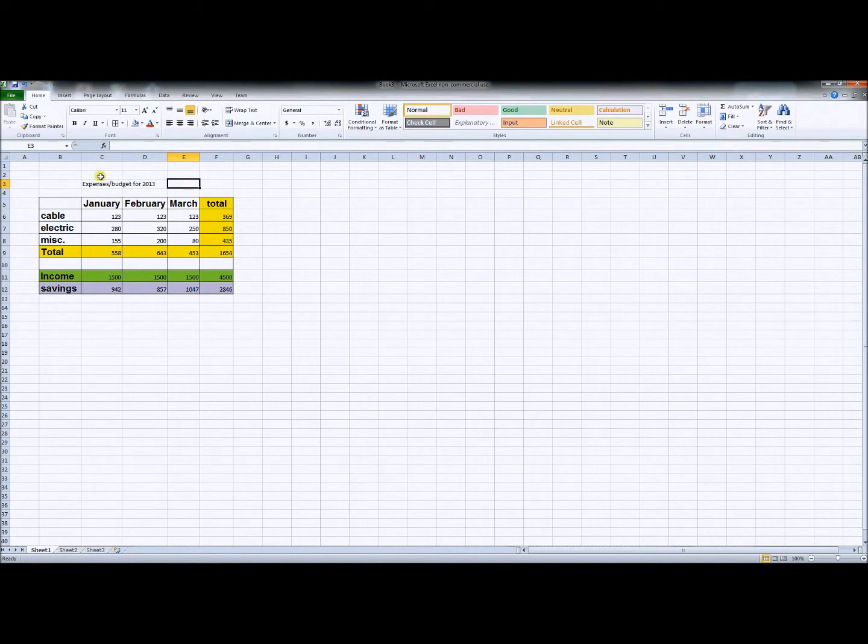Alright, now the problem with this currently is that our words are all in C3, but they're taking over some of the space of D3. If we were to print it, it would actually only print this part in the box, so it would cut off the rest of budget for 2013. So we want to make sure that that shows up. So what we can do to make that show up is click the cells that we would like, and then